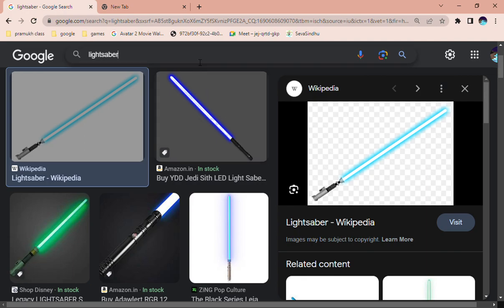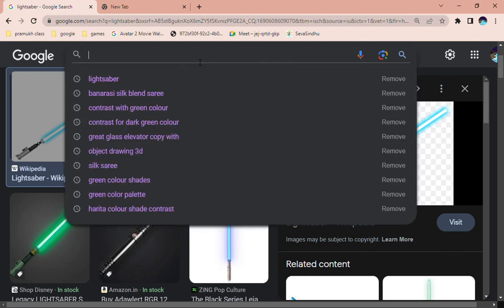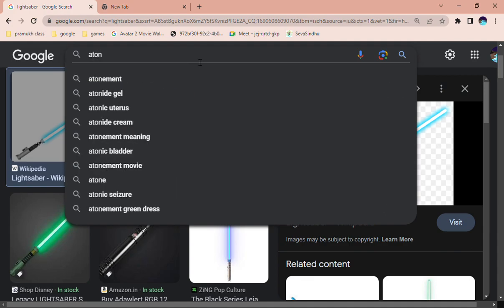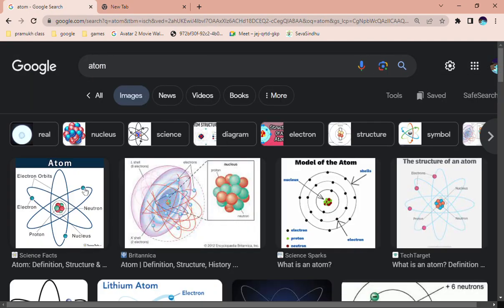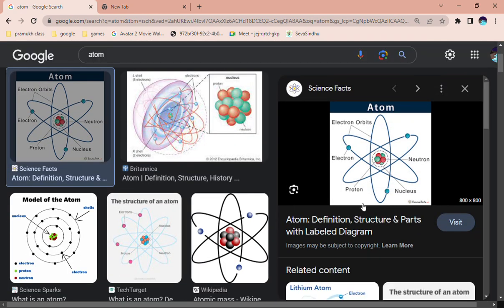I'll tell you. So my idea is to use atoms. I'll show you what an atom is. An atom is something like this. Can you see the atoms? Here, the red are the neutrons and the blue are the protons. They make one big circle and electrons will be roaming around them like planets rotating around the sun. So what I'm thinking,